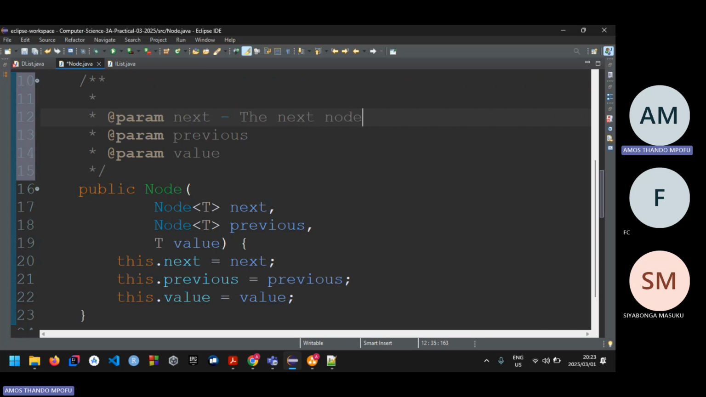So I'm just going to say this is the next node. Next node what? Address or reference, because this is Java. So next node reference, and then this is